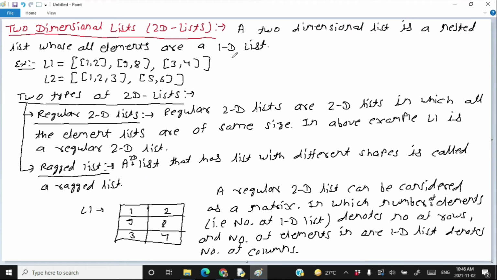Hopefully you know how to access different elements in the lists L1 and L2, and we already have discussed a lot about it. Just tell me, what do I mean by L1[1][0]? L1[1] means the first element of L1. The first element of L1 is this list. Then after that we have another indexing, that is 0, that means the 0th index of that list, I mean this number. So L1[1][0] is 9. This is how we can access various elements of a 2-dimensional list.